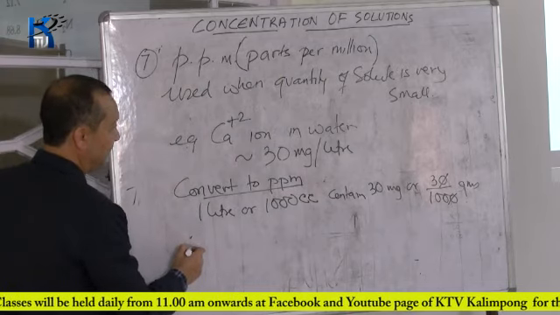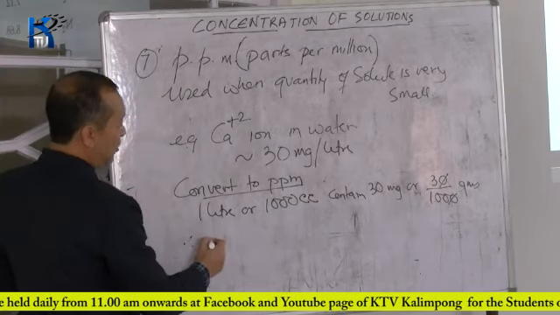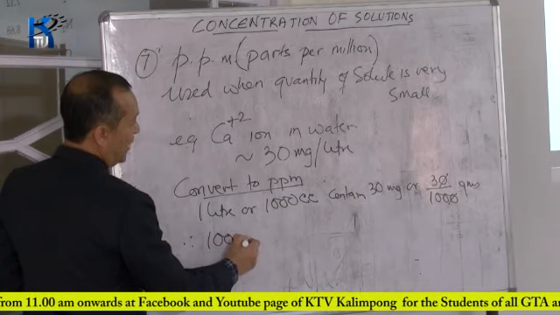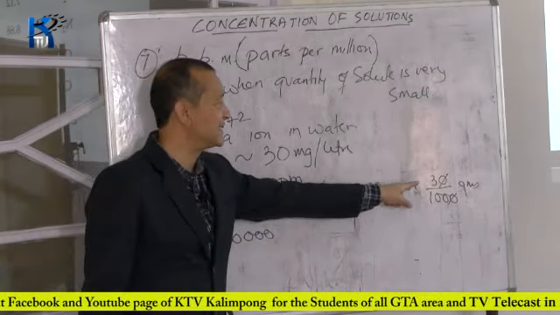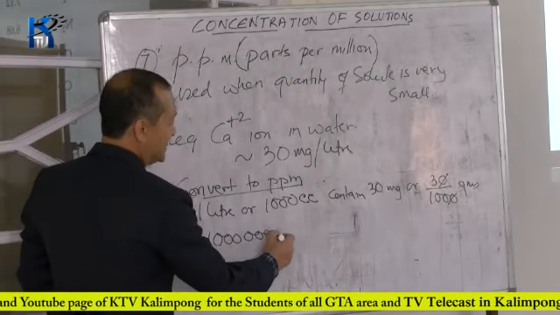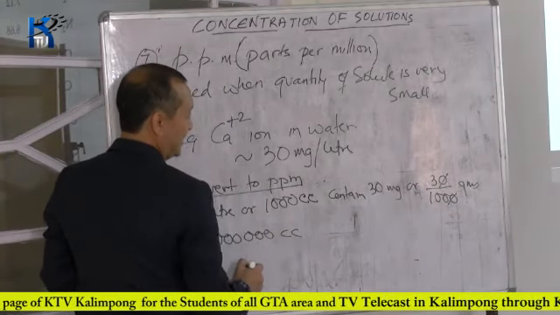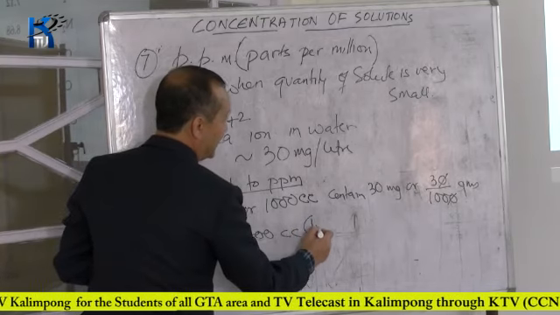So therefore, in ppm you have to find out 1 million. 1 million contains 6 zeros. 1000 cc contains this much, so 1 million cc